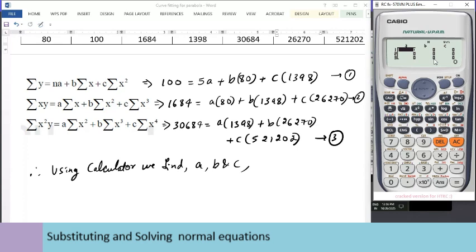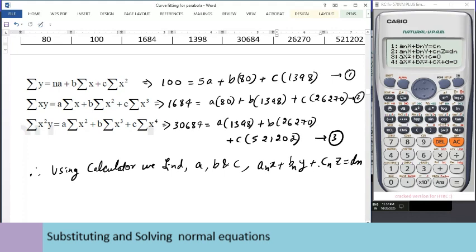So first we'll take a, b, c one by one, and the last equation, please remember this, I'll just repeat this once again. On the calculator, go to more setup, equation 5. Please remember in the second equation we can see it is in the form of anx plus bny plus cnz is equal to dn. So wherever a, b, c is there, I'm going to substitute those coefficient values, like 5, here we have 80 and this is 1398. Okay, in this second row I'm going to substitute 80, 1398 and 26270. Similarly, third row I'm going to substitute. So I'm going to go for 2 and here I'm going to type one by one. It is 80 equal to,